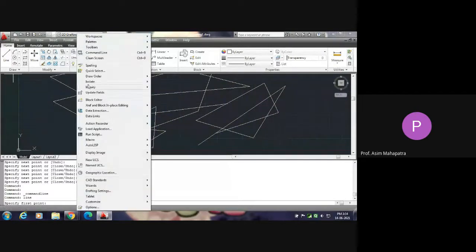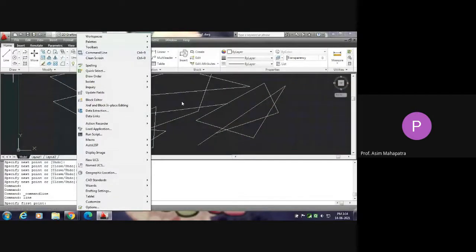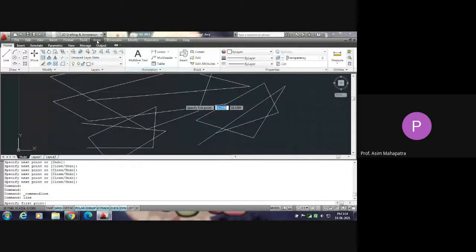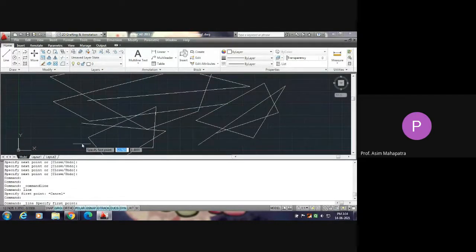The menu bar will be available. Within the menu bar, if you click on draw, the drop down list will show you the line command. So whenever you click on that line, the same command will be written in the command line.